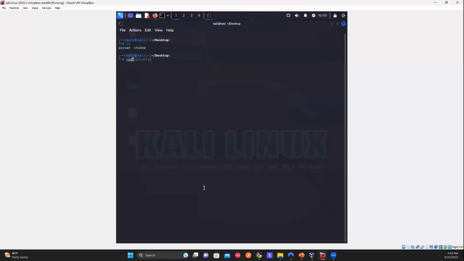So we're going to hit sudo because we want to do it as a super user. And then we're going to say unshadow password shadow into crackpw.txt. Okay, so now